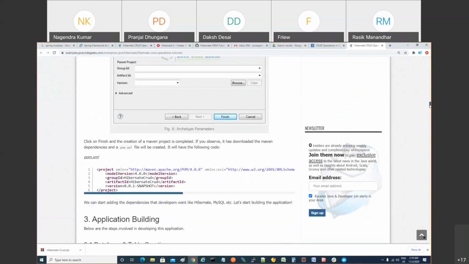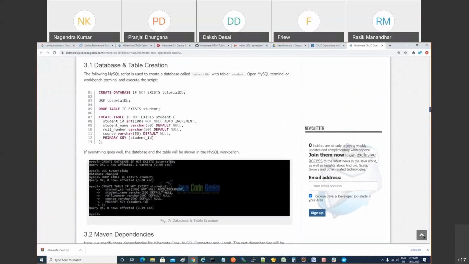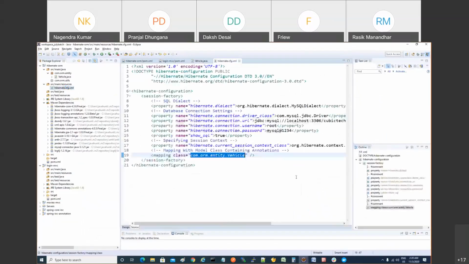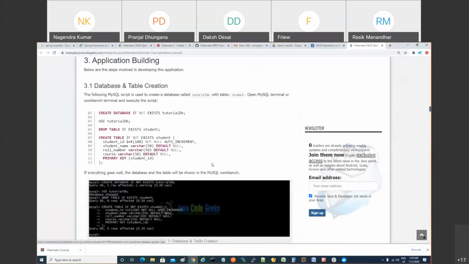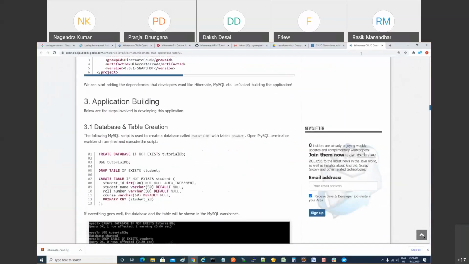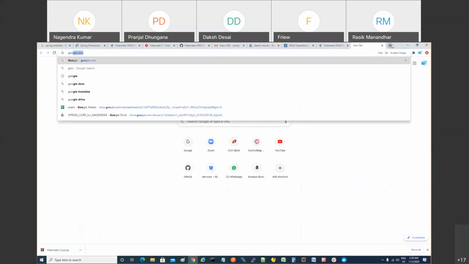Now I'm going to write the code from Hibernate to save data in the database and all. Like here in the code, he is making the table. I'm not going to make the table, so you have to just make one entry here: hbm2ddl. I'm saying, who wants to create the table, you or Hibernate? It is up to you. So I'm saying, hey Hibernate, can you make it for me? So I would say